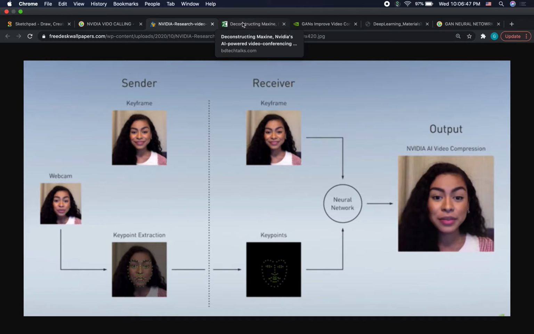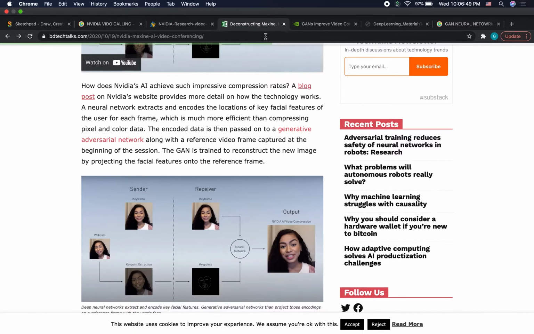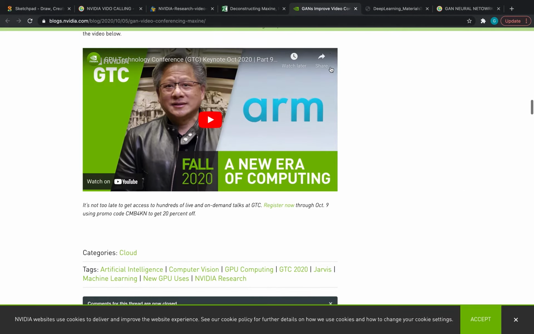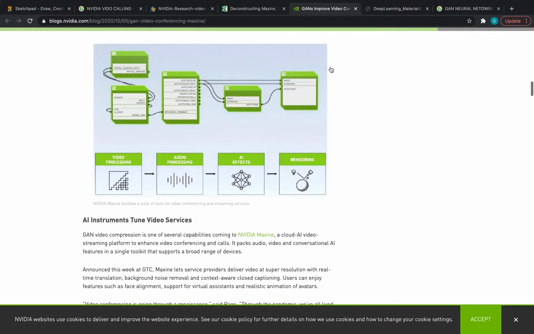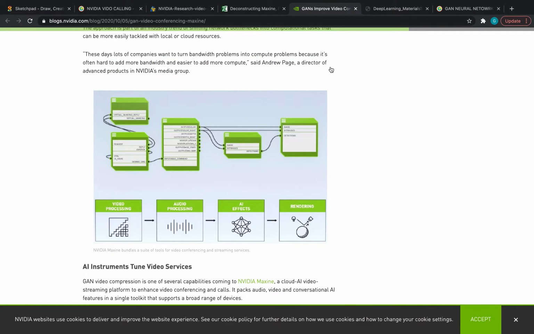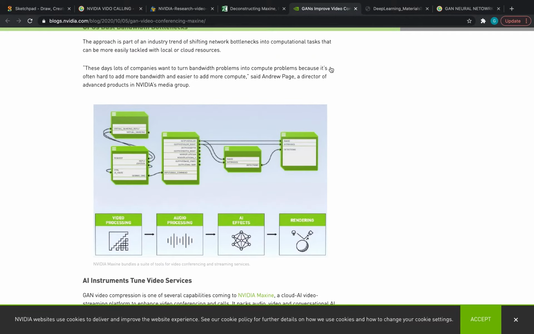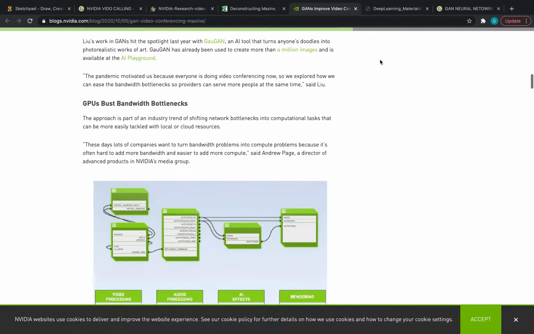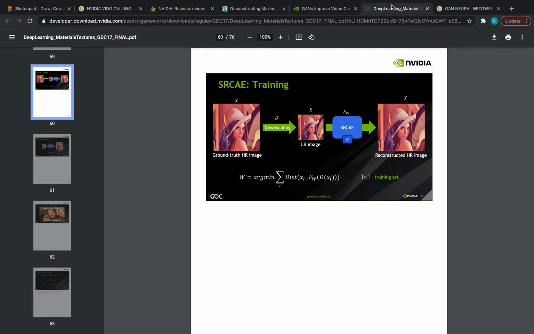Great. But how do they do this? Well, this is how they do it. They use something called a GAN, which is a Generative Adversarial Network. There are many versions, and they don't tell exactly how it works. And what it does is, and this is a whole thing about the paper, and I'll put these links down. First,